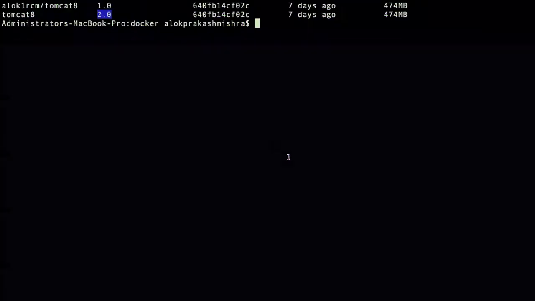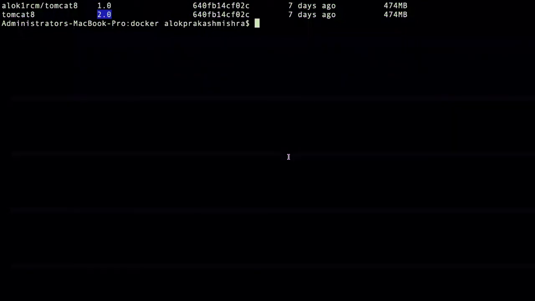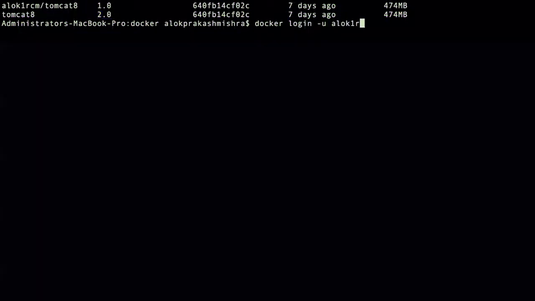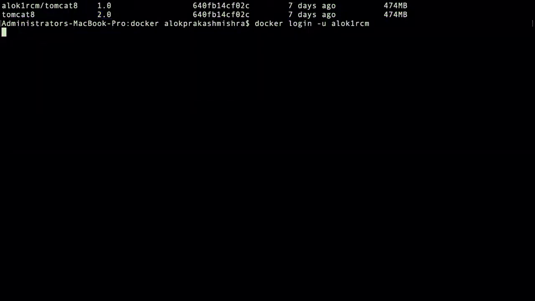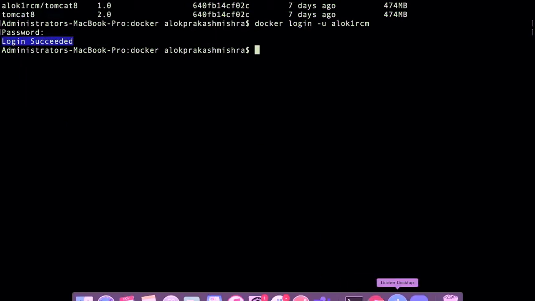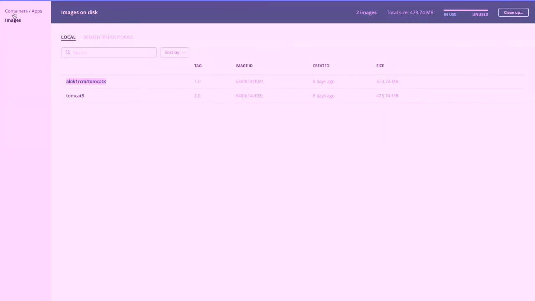Like that you can log in also. docker login -u, you have to give the username, and password. I entered the password. Okay, login succeeded. Now once it is logged in, you can go to your desktop.